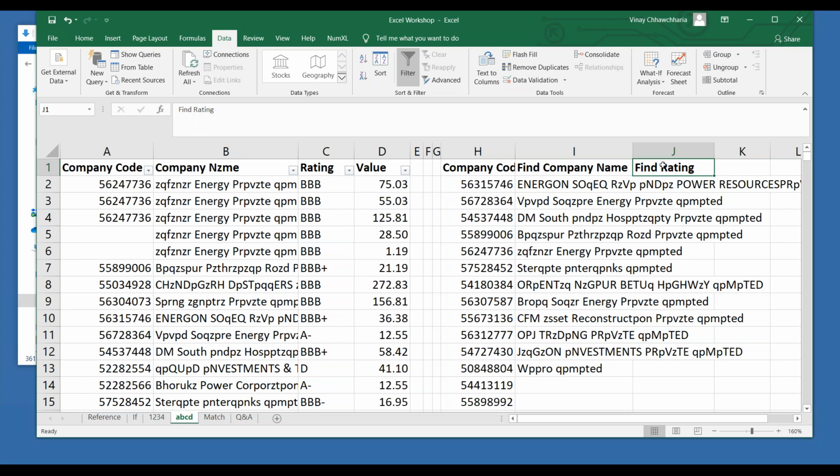Please proceed with find the rating. Those who are done, please post OK or done, or any queries, please post it.